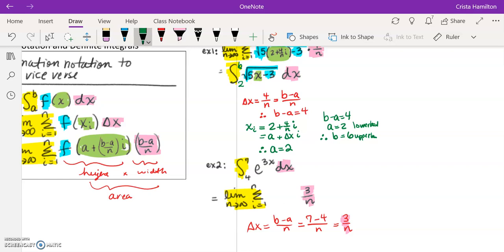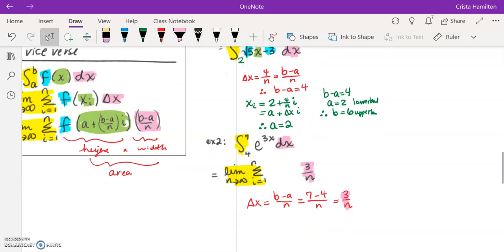So do you see how I'm working my way methodically backwards? Now remember, my right endpoint is a plus delta x times i. So I have that formula down. My a in this problem is 4. Delta x is 3 over n